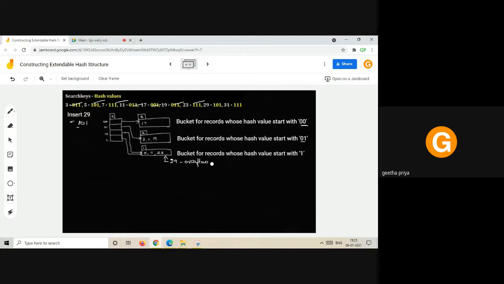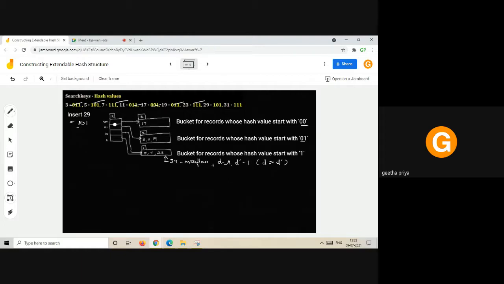Okay, and also what is the condition met? D value is equal to 2 and D dash value is equal to 1. So what does it mean? D is greater than D dash. Okay, so this is case 2 of bucket splitting. When D is equal to D dash only, we'll go for doubling the entries. We'll increase the global depth, the directory entries will be doubled and so on. Now here, case number 2, D greater than D dash. Okay, so that means the local depth of the overflow bucket has to be increased. Clear? So now we'll construct this structure.